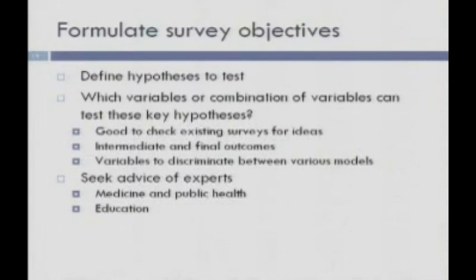It's typically good, rather than making up questions from scratch, to check existing surveys. There are a lot of them out there online, everything from the World Values Survey to lots of household consumption surveys put together by the World Bank and others. It's generally good to think not just about the final variables, but also some of the pathways and get the intermediate variables. And if you're collecting data in an area where others have expertise, say the medical area, it's very useful to get advice from them.